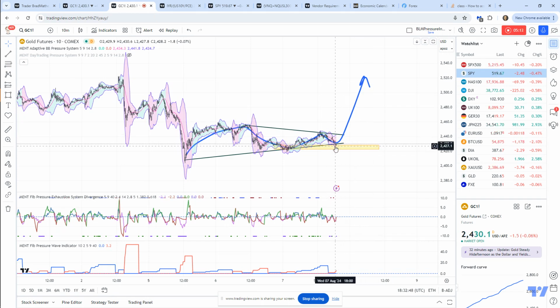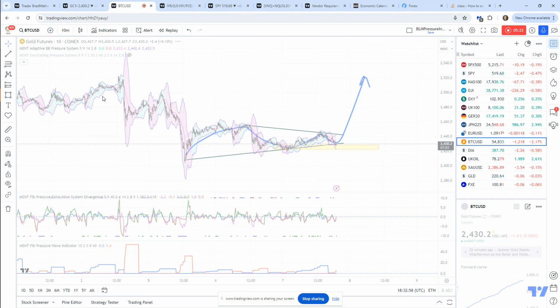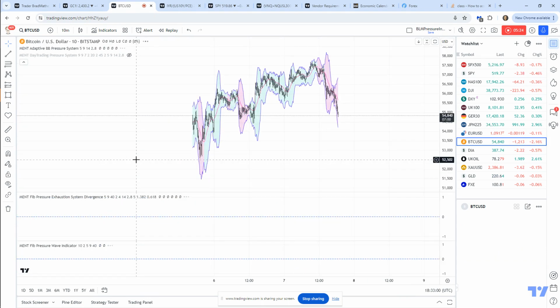So get ready, folks. This is your zone for trying to prepare for this next big move, which should be over the next 5, 6, 7 days. Let's take a look at Bitcoin. Bitcoin's trying to find some support,